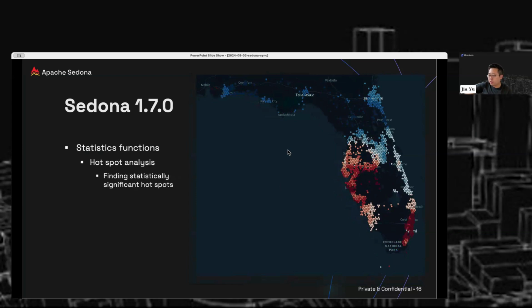The second statistic function we plan to add into Sedona 1.7.0 is called hotspot analysis. The goal of this hotspot analysis is to find statistically significant hotspots of a dataset. It is worth noting that the hotspot analysis we're adding here is really different from the traditional aggregation-based hotspot analysis. I believe you have been seeing people doing lots of heat maps or aggregation based on